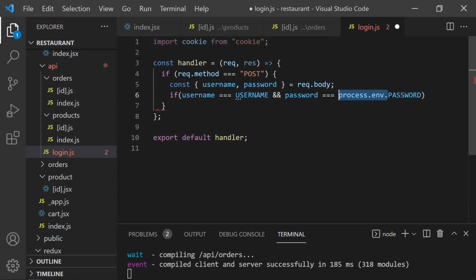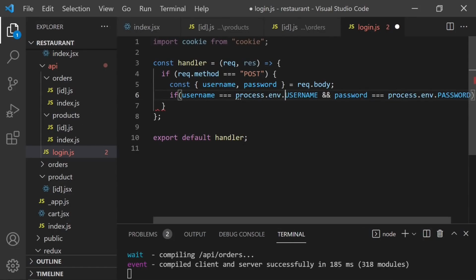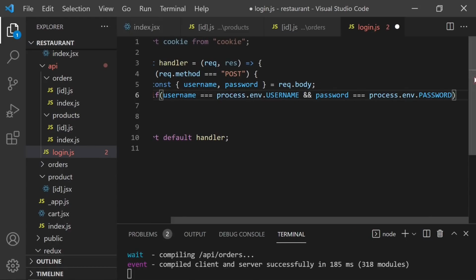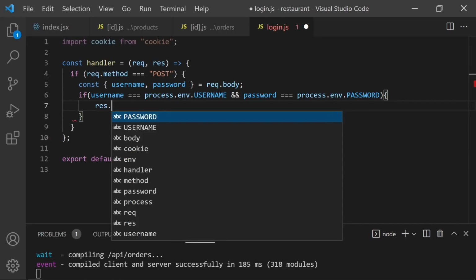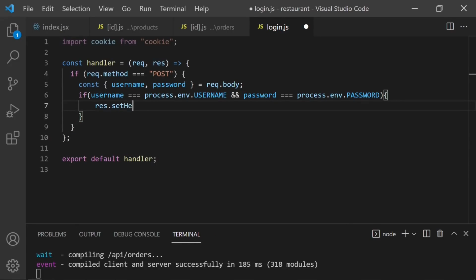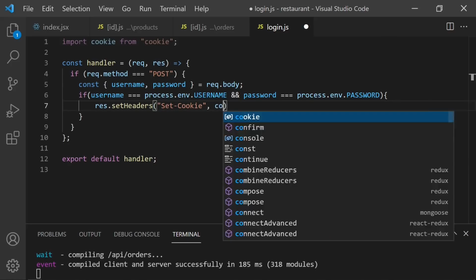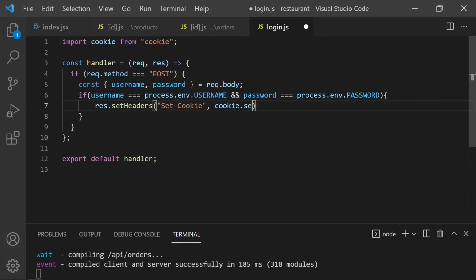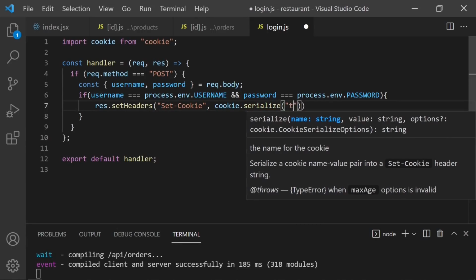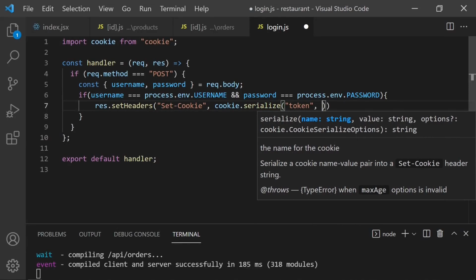process.env, and same thing here. Okay, so if our username and password is correct, we are gonna send a cookie. So I will say response.setHeader. This is how we are setting cookies. I'm gonna write here Set-Cookie, and here I'm gonna use cookie. Remember, we just imported this, and I will say serialize, and token name will be token, and token value will